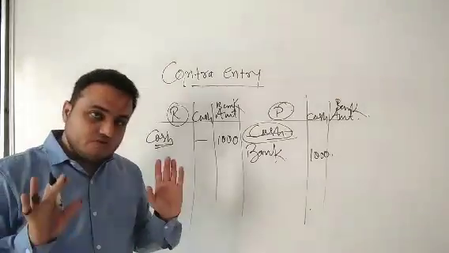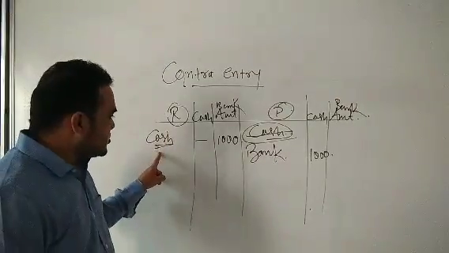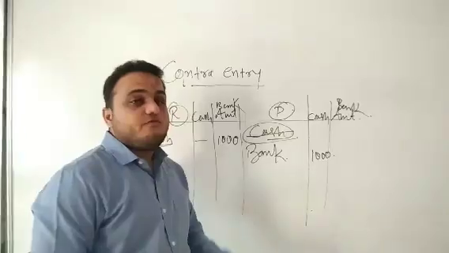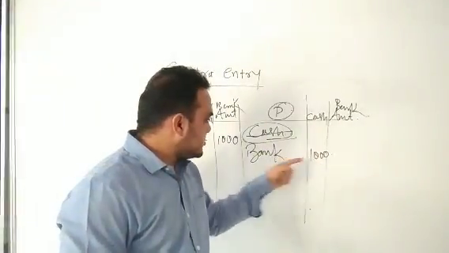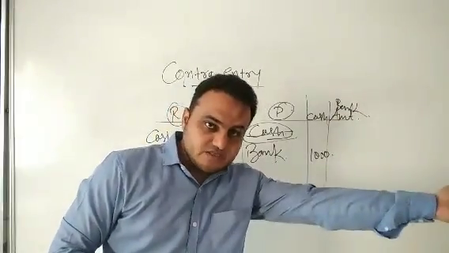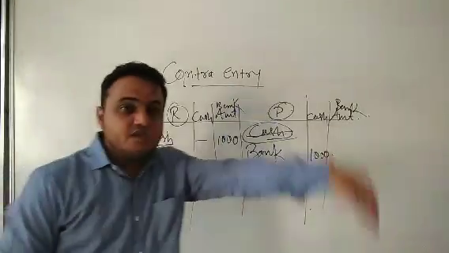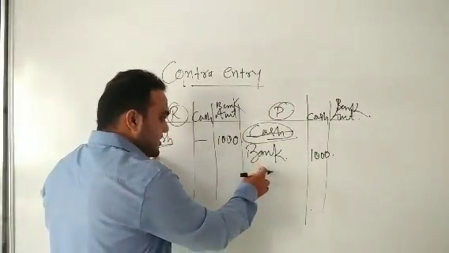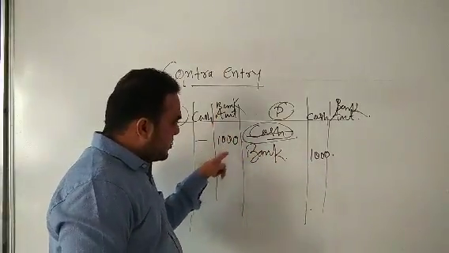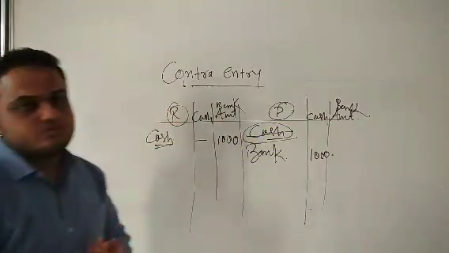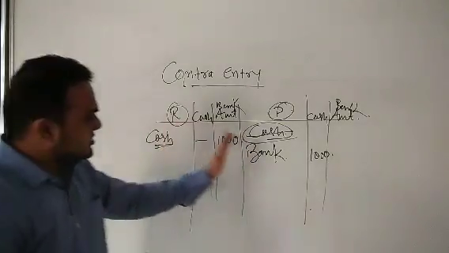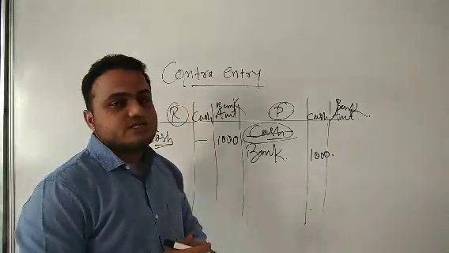Students, same transaction, 1000 rupees. Cash came in the bank. Is it okay? And from payment side, my cash has gone in the bank. So this is what money has gone from my business. This is what money came in the bank. So this is the same transaction, two side effects I have given. One in the bank column, one in the cash column. Now students, both these side effects are known as contra entry.